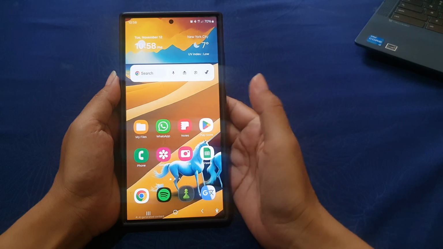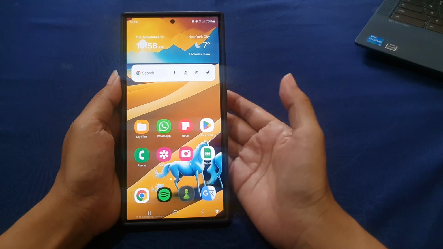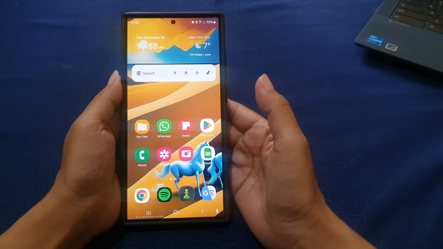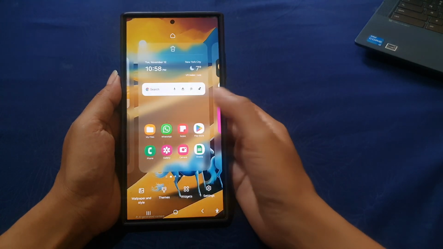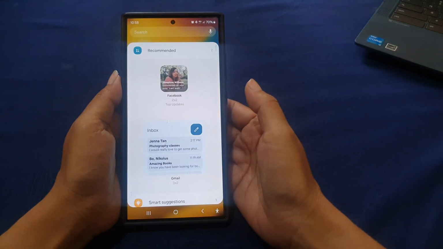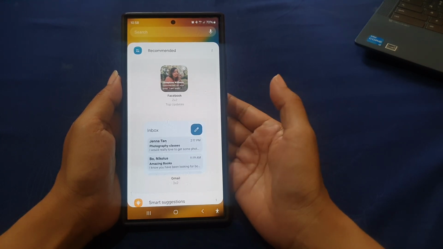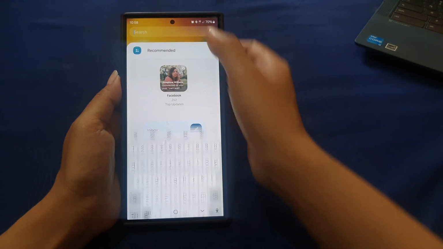To display your today's steps on your home screen on Samsung Galaxy S24 Ultra, you can add the step widget to your home screen. To do so, on your home screen, long tap on an empty area, and then tap widget at the bottom of the screen. Scroll down the widget screen to find help, or you can quickly find the widget by tapping its name on the search bar.